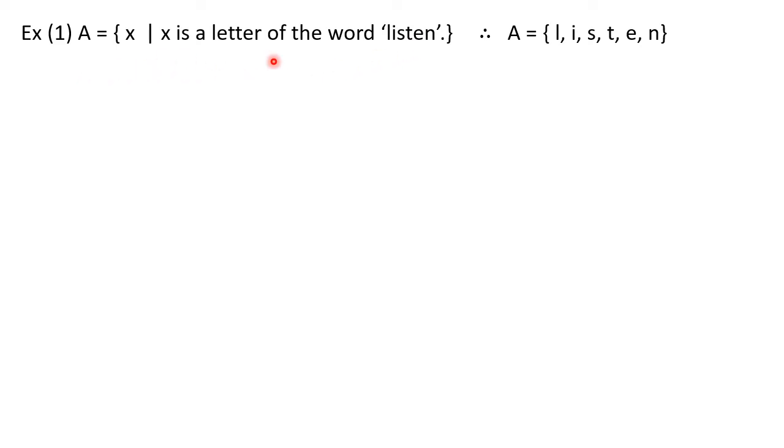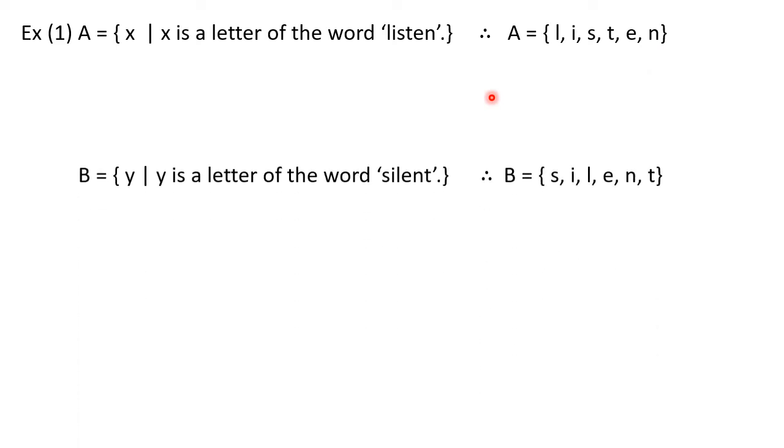Okay, so this set is given in the rule method or set builder form. So whenever you want to solve a problem based on sets and the set is provided in rule method, you should convert it into the listing method or roster form. So here A, we can write it as L, the first letter here. You will observe that no letter is repeated here. So all the letters you can write down in sequence separated by commas. Okay, so we have the elements L, I, S, T, E and N. So this is one set.